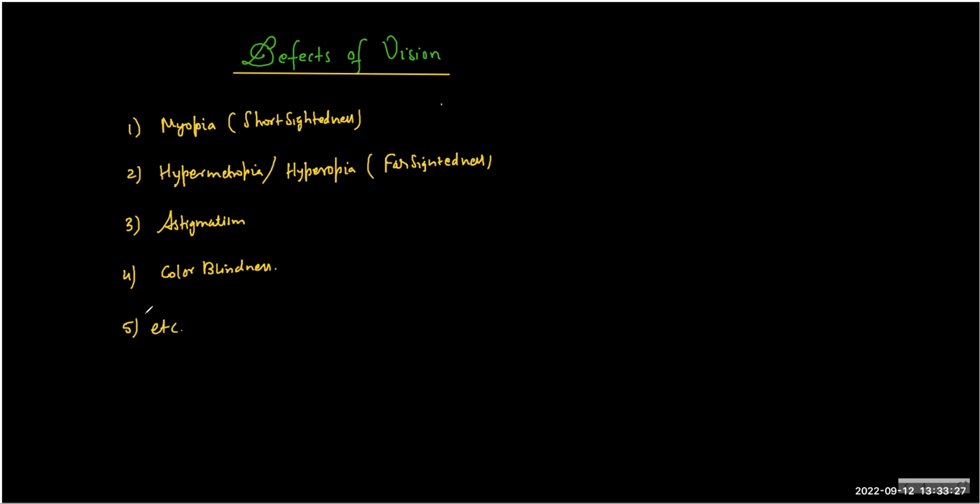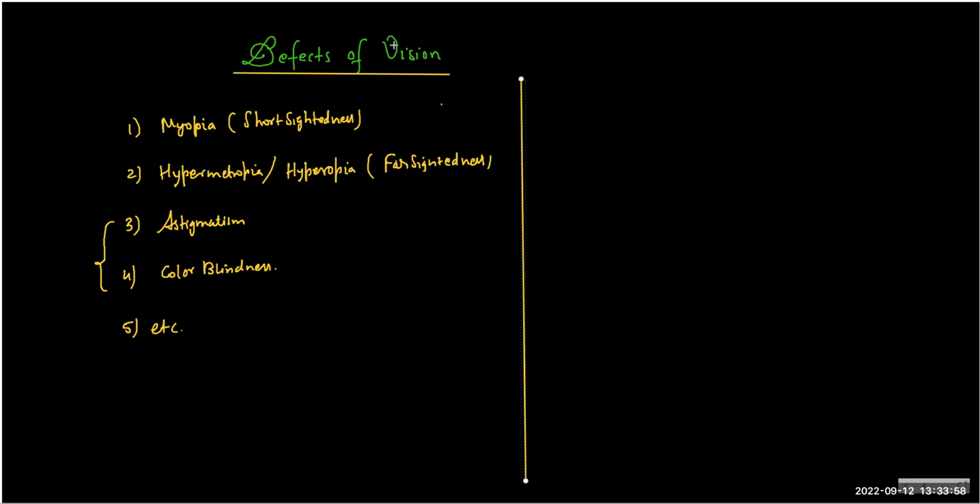So our syllabus is about the first two in terms of mathematical derivation. The rest is of no use. I mean, you just need to read. You can read S. Verma as a theory. So astigmatism is about the plane of wave entering the eye. So it's like the shape of the cornea is disturbed. Okay. So anyway,